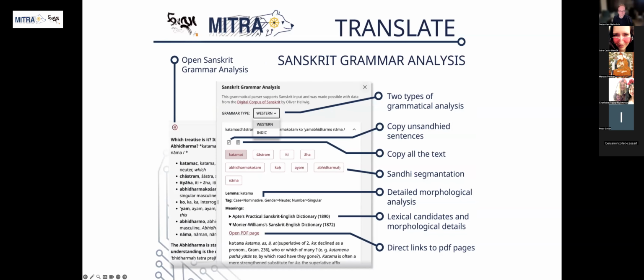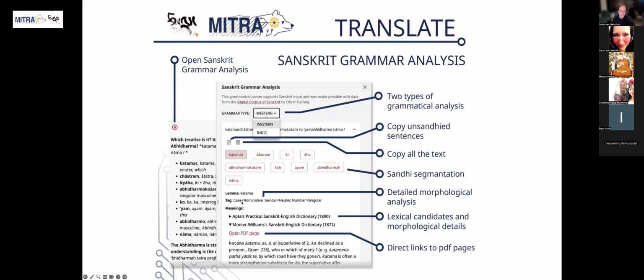For Sanskrit, we actually have a dedicated segmentation and grammatical analysis engine. We have a special button for the Sanskrit grammar analysis, which will not show anything if you are translating from Tibetan or from Chinese, but for Sanskrit it will. This uses the Digital Corpus of Sanskrit by Oliver Hellwig as the main data storage in order to segment the words and to give grammatical tagging.